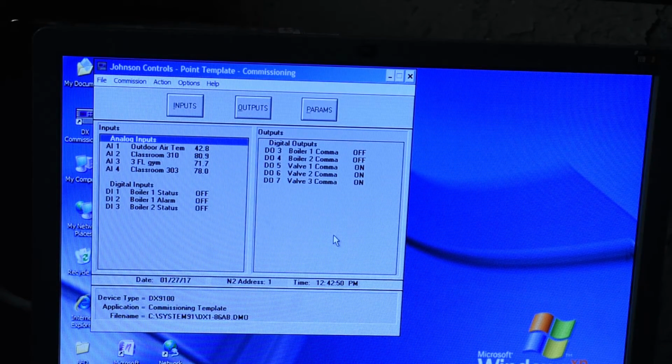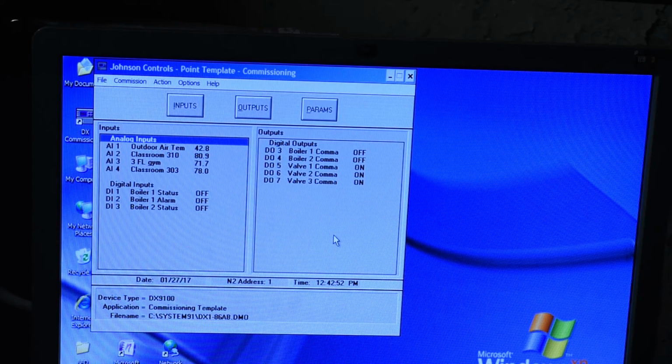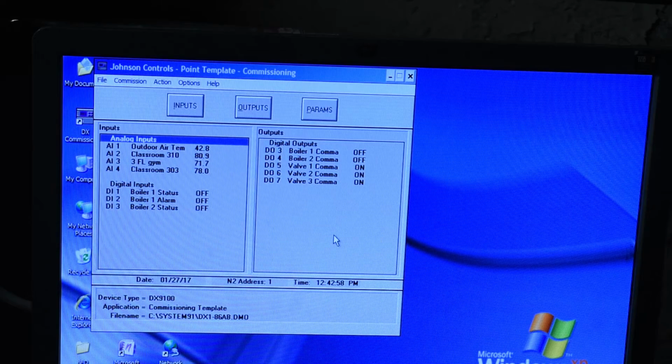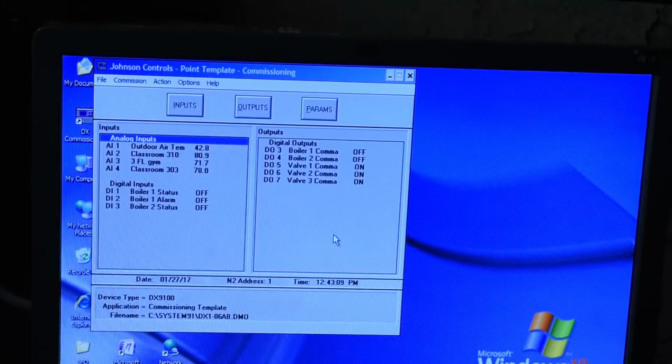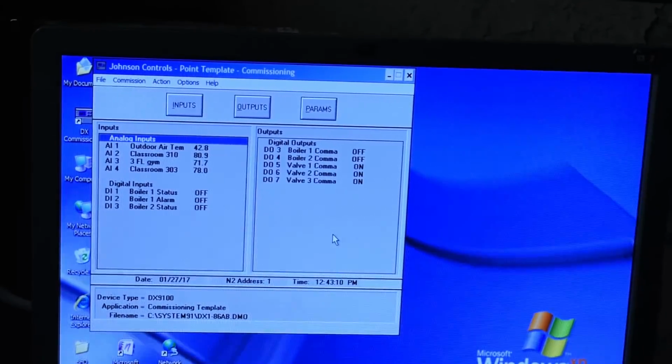Again, this is a Johnson Controls DX9100. It has been programmed this date to maintain operations at this particular school in Newark, New Jersey. My name is James Owens. I'm the programmer and